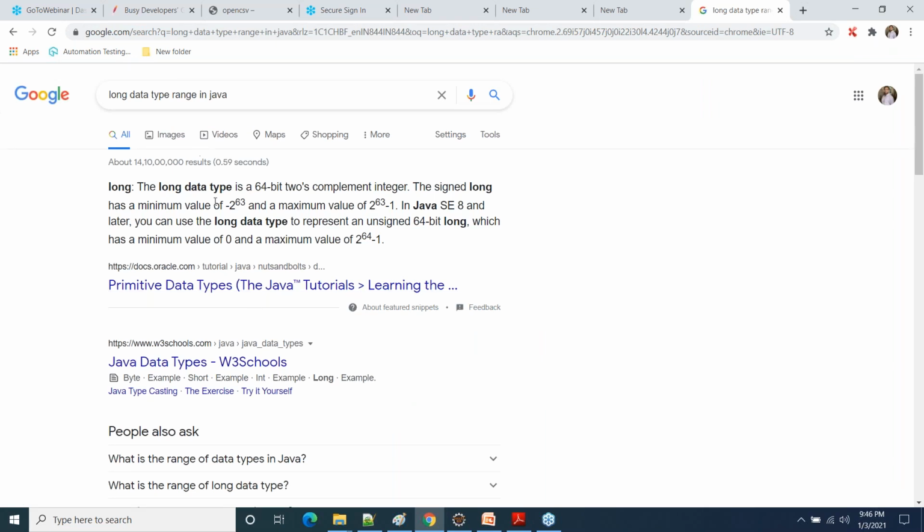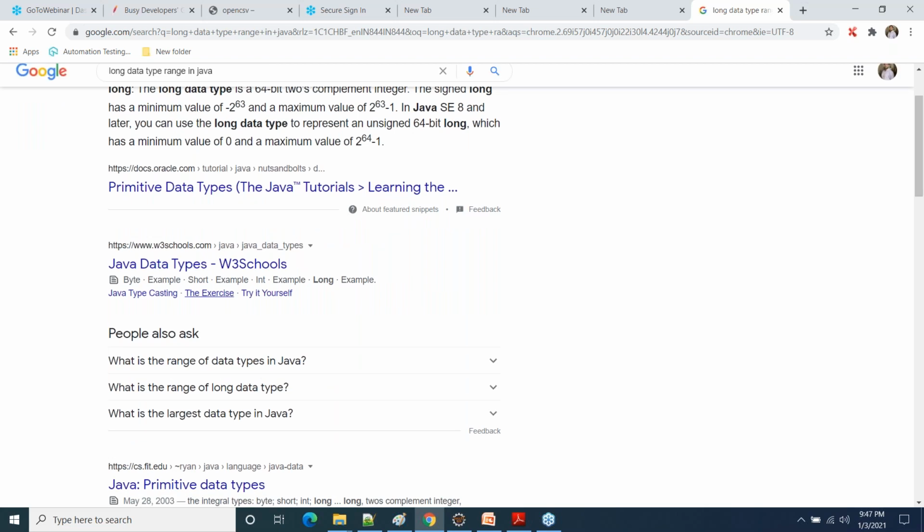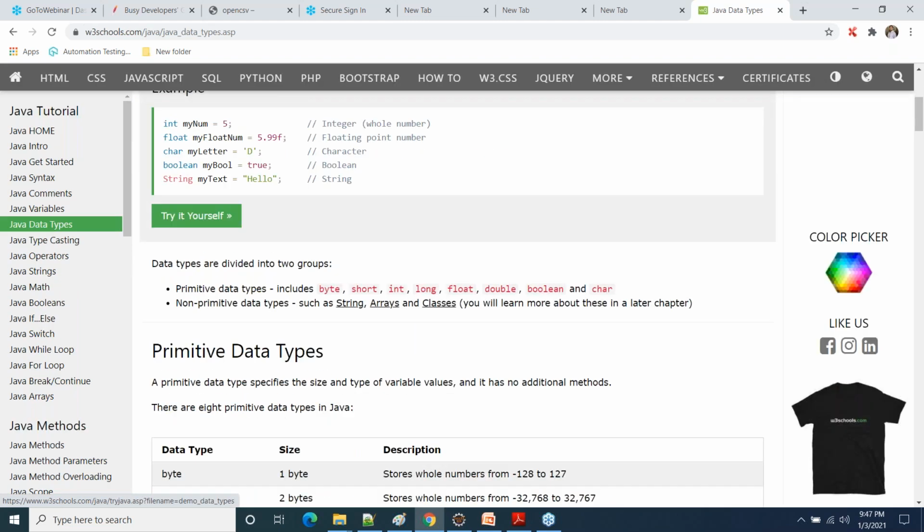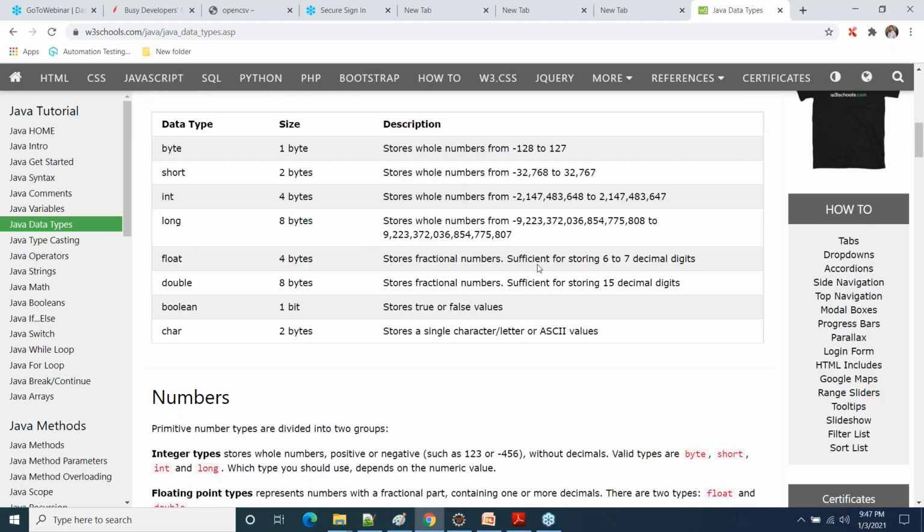So this is the range of long data type. Is that clear? Okay. So you don't have to remember these things. These things are not asked in any interview. It does not matter.